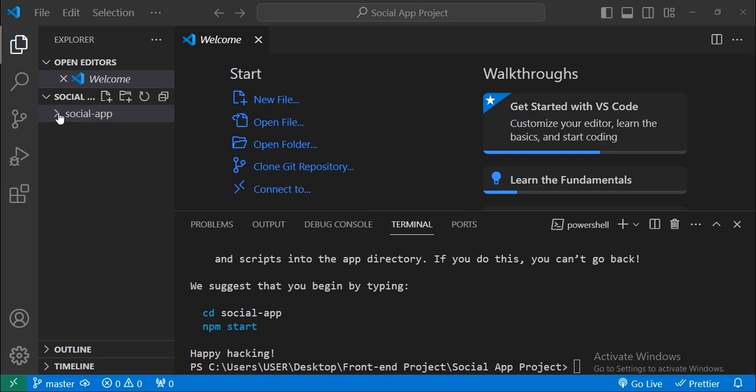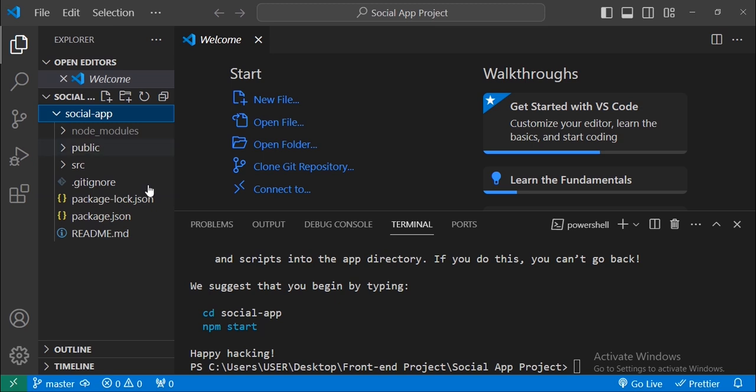As you can see, here is the folder social app inside our social app project folder, and here is the new React app. Okay, before opening any folder here, first let us start the application. We just created it now, and to start it, here we have to write this command cd, then the name of the app. Okay, first let's add cd